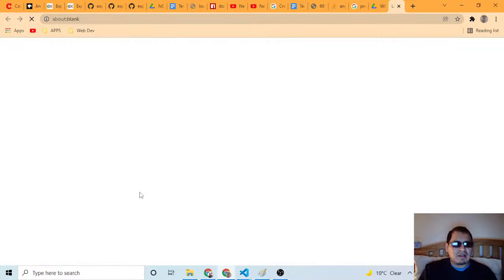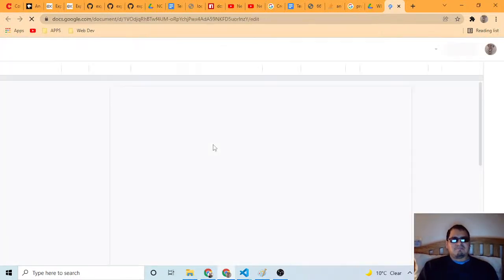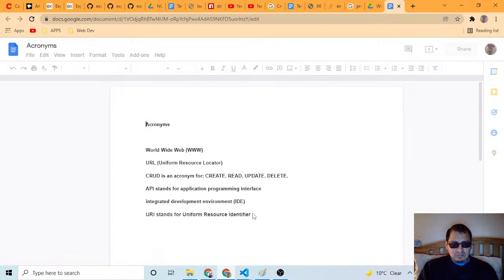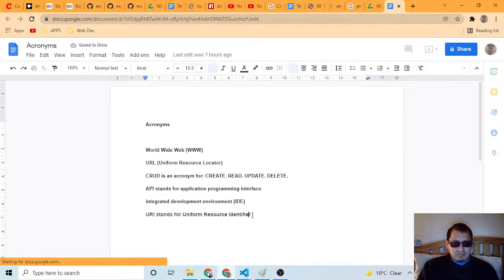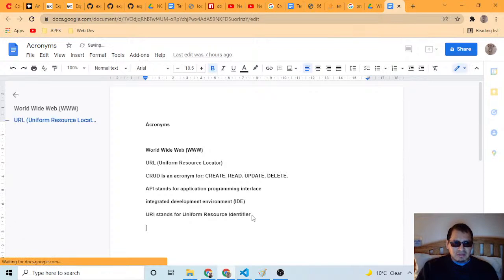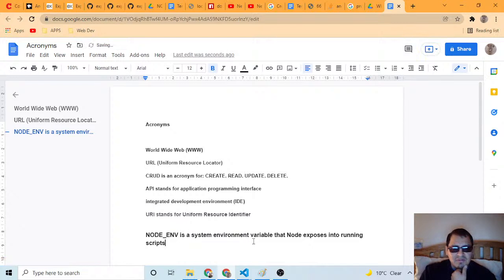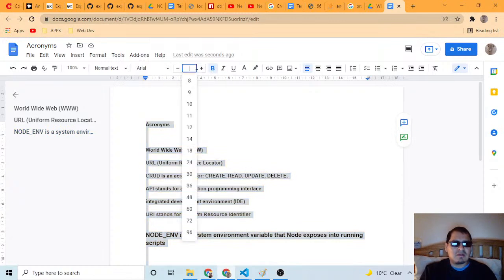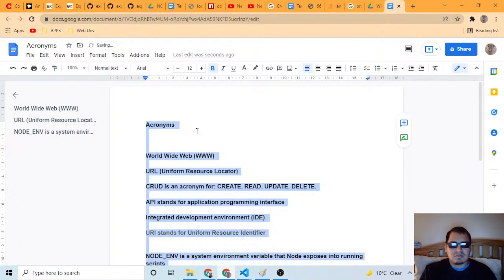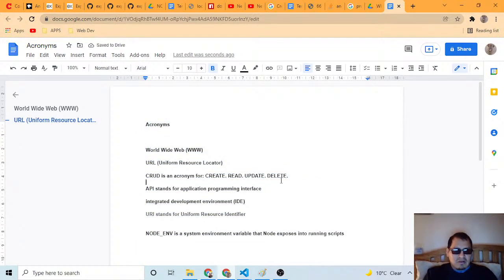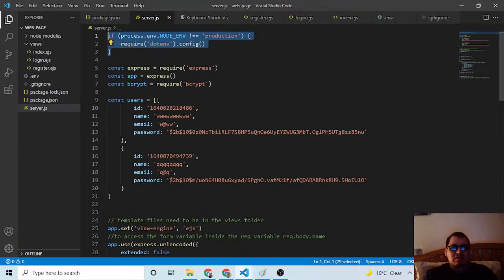I can go to acronyms. This is not an acronym, but it's just node env is a system environment variable that node exposes into running scripts. Control A, everything. Okay, so let me check.